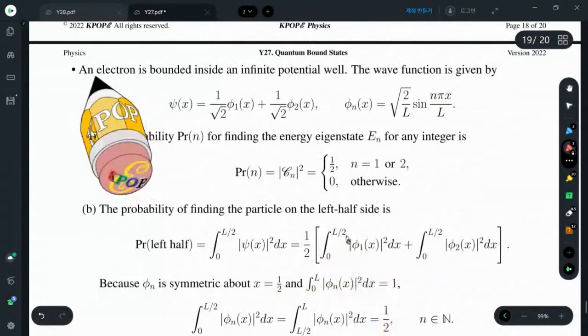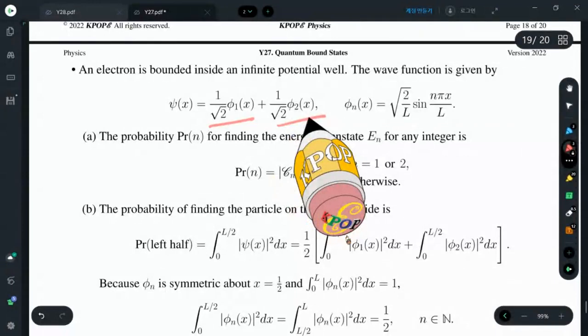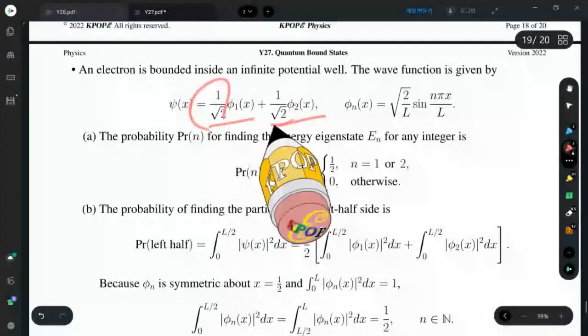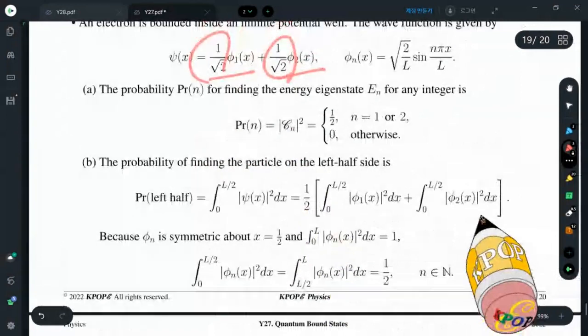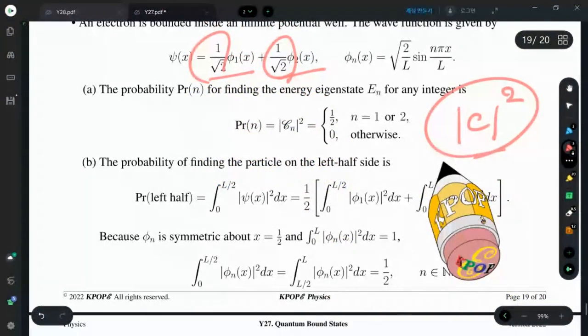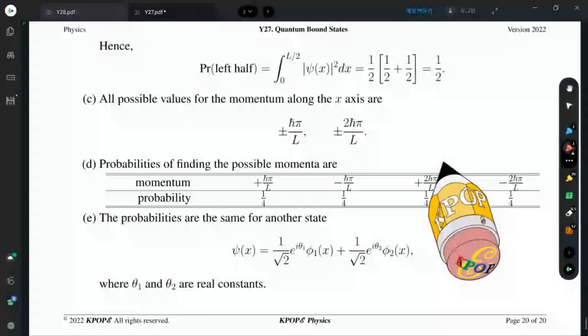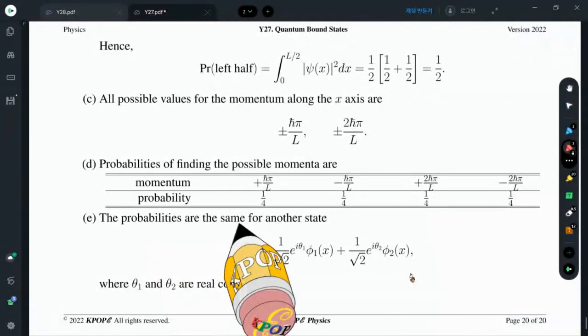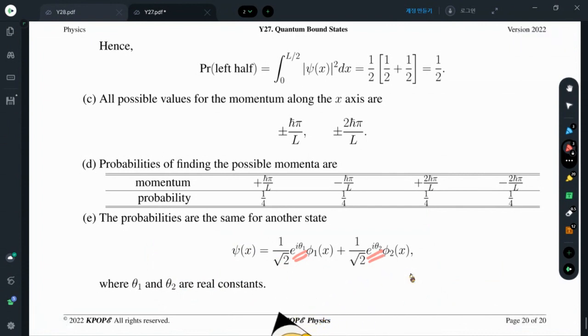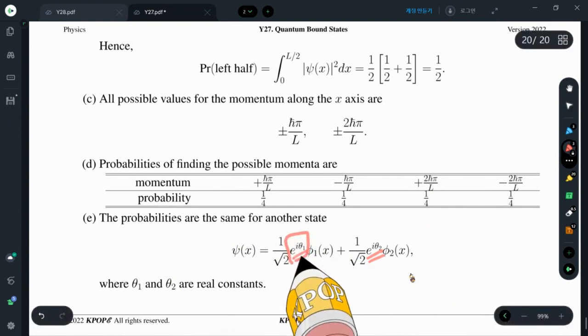In case our electron is a linear combination of two possible states, either n equals 1 or 2, and we have a factor something like that, the probability of finding each state is 1/2, 1/2. You know, the absolute value of C squared represents the probability. And there's a table that shows the momentum, and the probability of having such a momentum is given here. And even if you multiply by any unit modulus complex number, that doesn't change the probability. So the complex phase doesn't contribute to the probability of measurement. Okay,